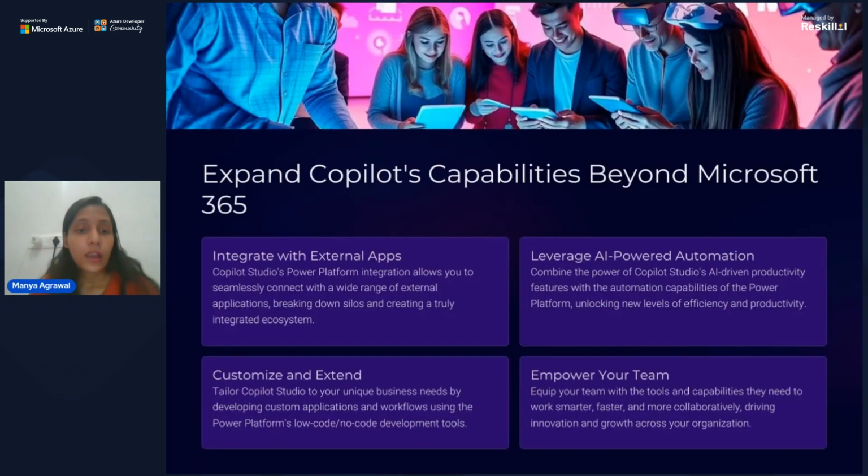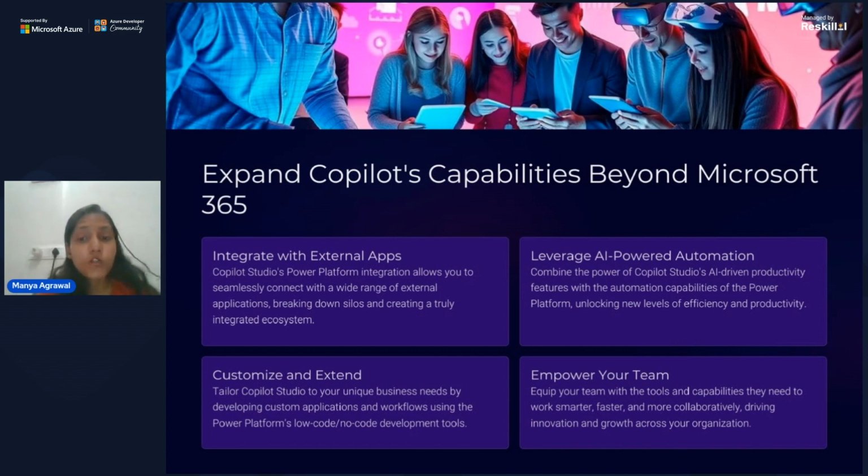Okay. Now, expand Copilot's capabilities beyond Microsoft 365. Integrate with external apps. Copilot Studio's Power Platform integration allows you to seamlessly connect with a wide range of external applications, breaking down silos and creating a truly integrated ecosystem. The second one is leverage AI-powered automation.